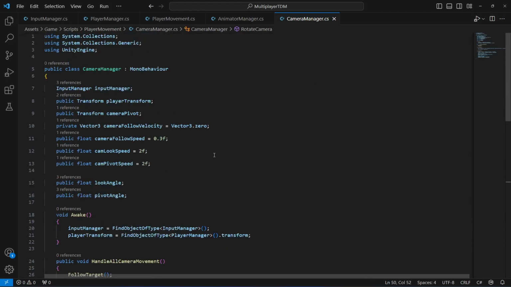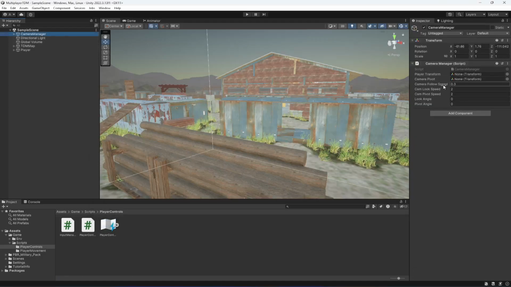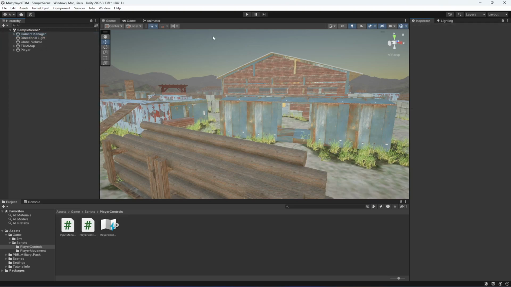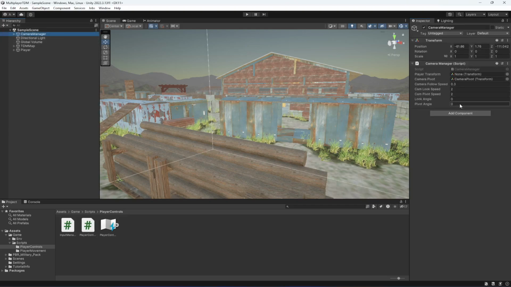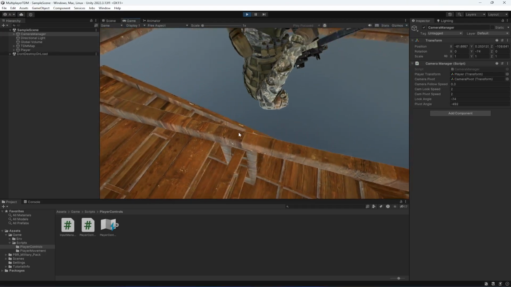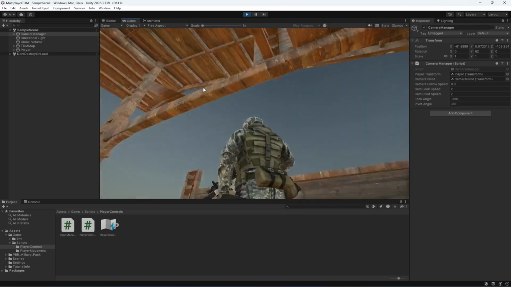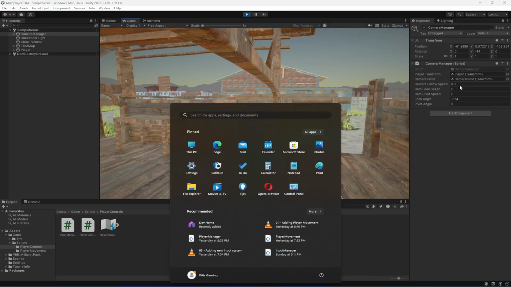Now save the script, get back right here, click on camera manager. We need to provide the camera pivot. So drag and drop the camera pivot. Now the camera look speed and pivot speed is 2 and 2. So let's play the game and see how it looks. As you can see, the speed of the camera is very fast. So what we're gonna do,